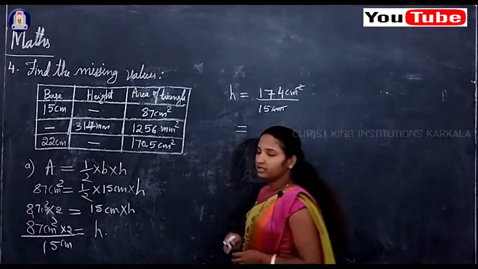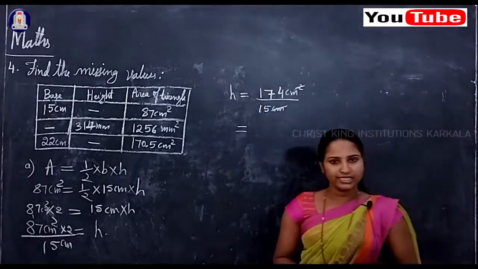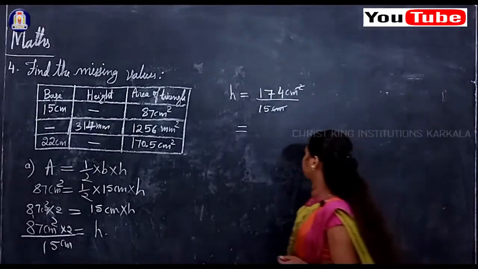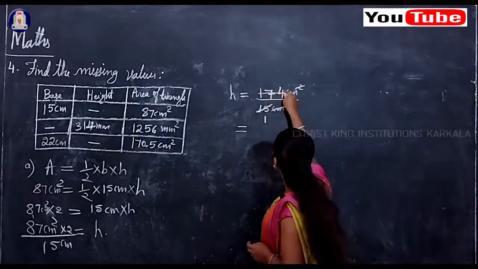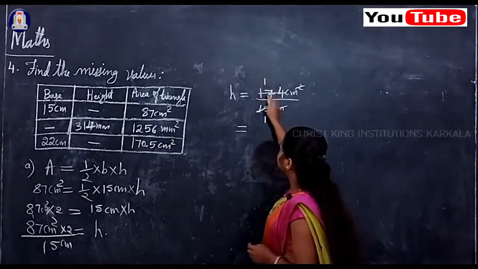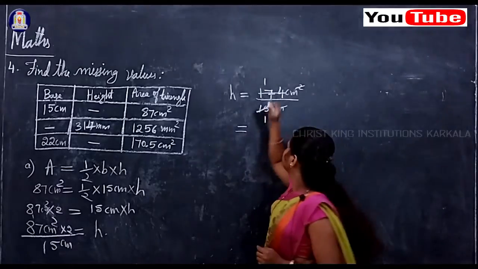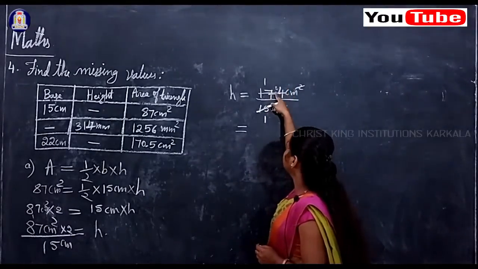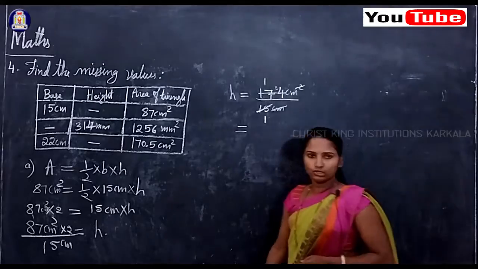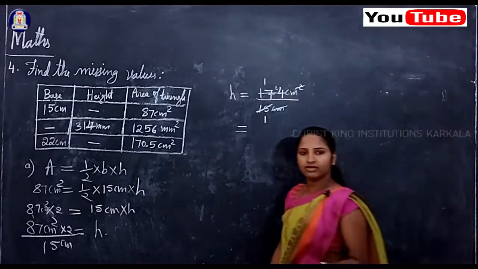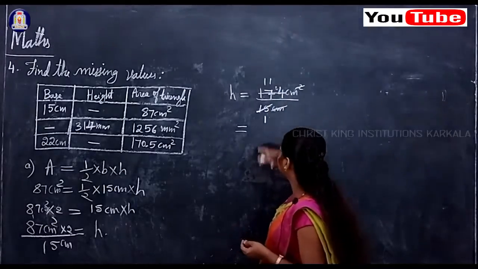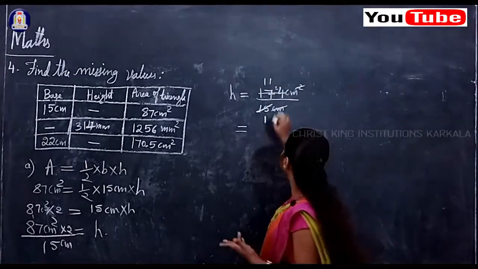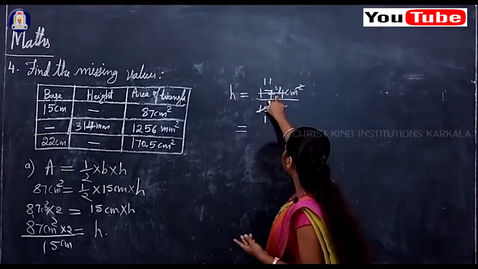174 divided by 15. So we know that 15 divides 174 or not. We'll see, 15 ones are 15. 15, how much is 17? 15 ones are 15. So here 2 remaining in 17, so this will become 24. And again 15, how much are 24? 15 ones are 15. Why? Because 15 twos are 30, cannot. So 15 ones are 15.